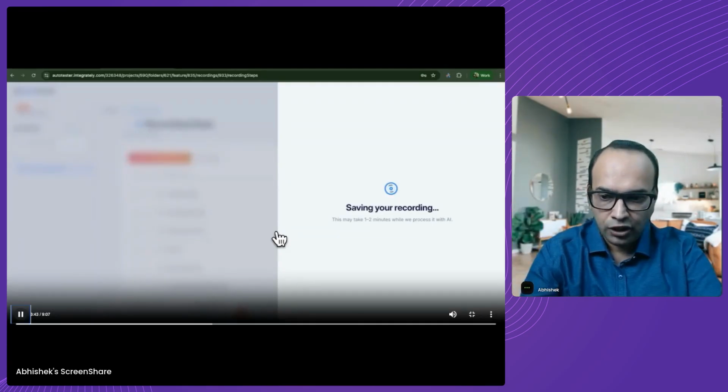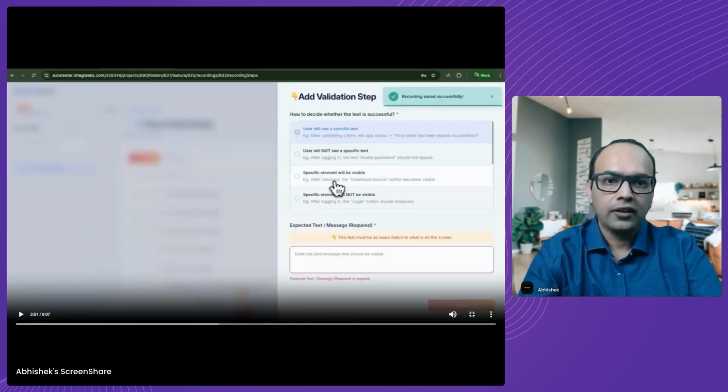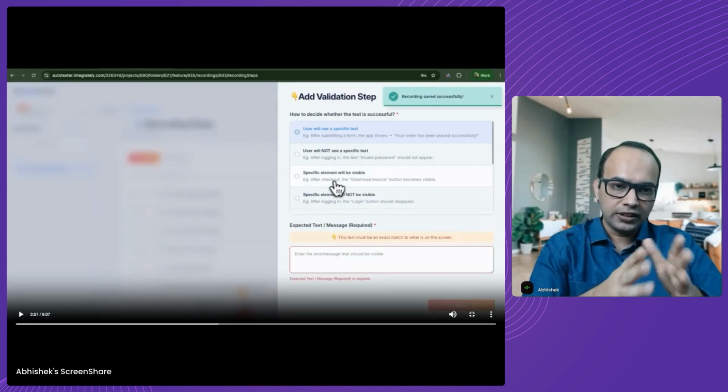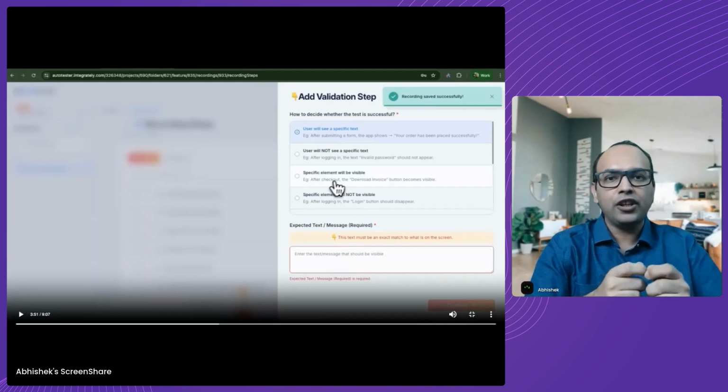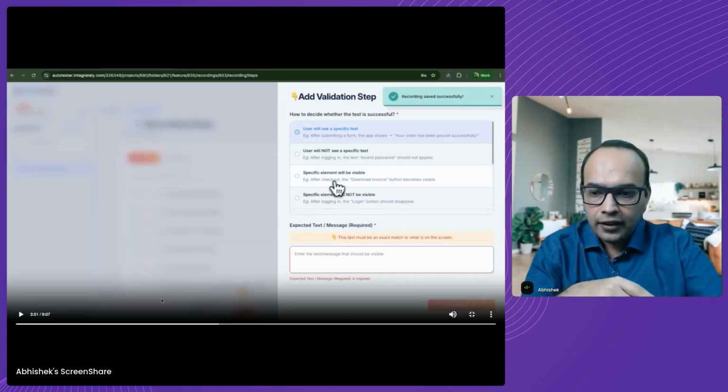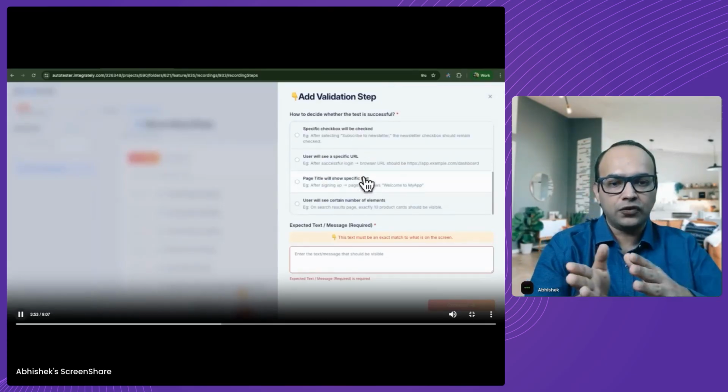Okay, so it is saving all those details. Once it is saved, then it asks us for a validation step. This is important and the only thing wherein we have to put in very little effort. Here we just have to tell AI how it will detect whether the test case was successful or it